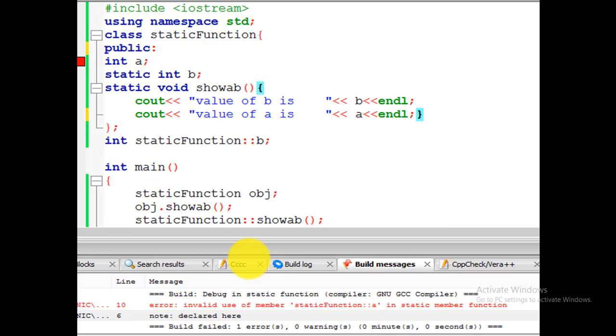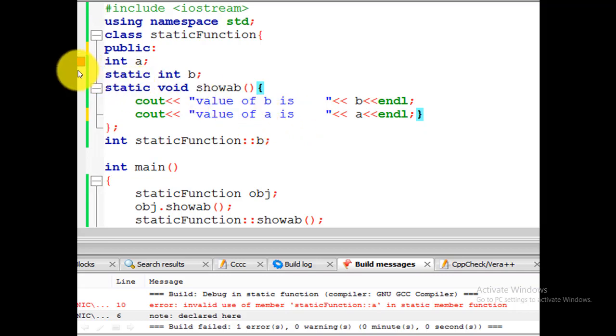But we have discussed the property that a static function can use only static variables. This is the same example, but in the previous example we only printed the value of b, that was a static variable. Now we add another variable and we are going to print the value of a, that is a simple or non-static variable.